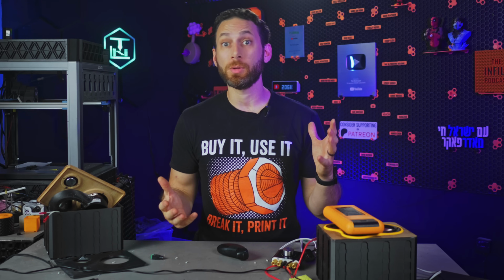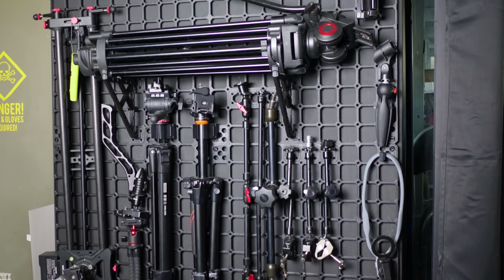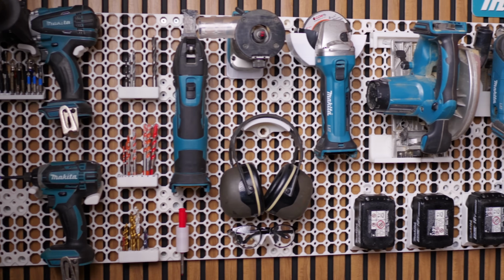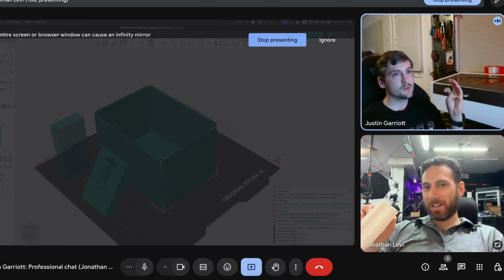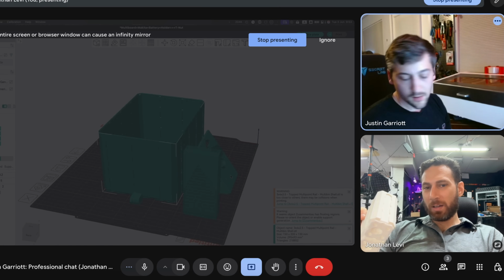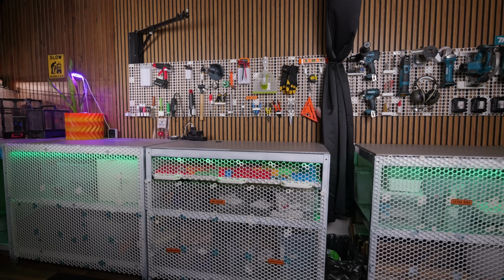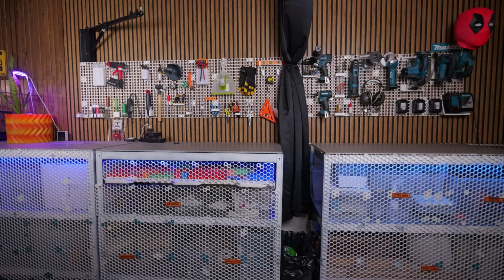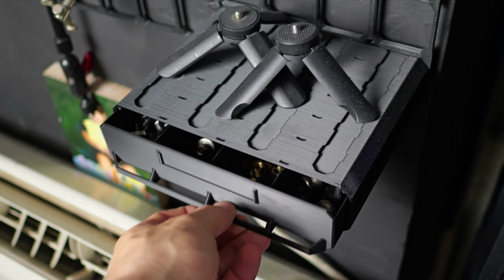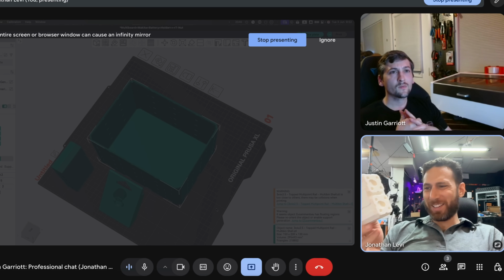Take, for example, mounting the speakers. Recently, I covered, well, basically every vertical surface in my studio with either multiboard or honeycomb storage wall. It was at this point that I realized that multiboard is much more than just a pegboard alternative for your wall. It's an entire ecosystem or system of ecosystems, including, for example, multi-bins, which are these versatile, modular, and customizable